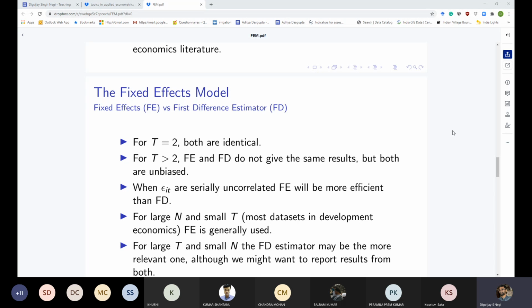See, the way the random effects model fixes this issue is through a GLS kind of estimation. Under a very strong assumption, it would imagine a variance covariance matrix, then estimate the objects of that matrix from the data itself, plug them in, and weight the whole regression to correct for the problem. But I've said this earlier also: the convention here is that you don't meddle with the variance covariance matrix like that.